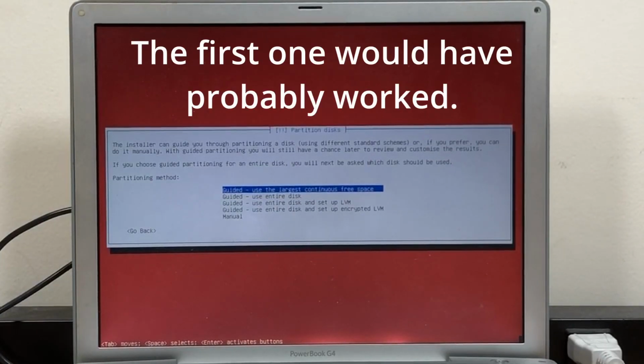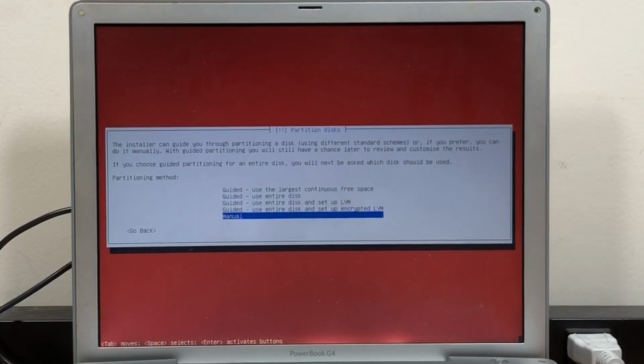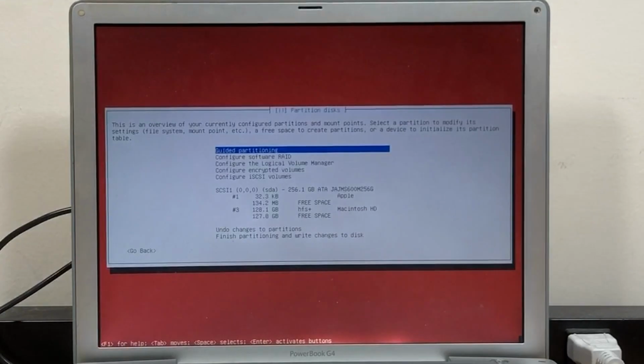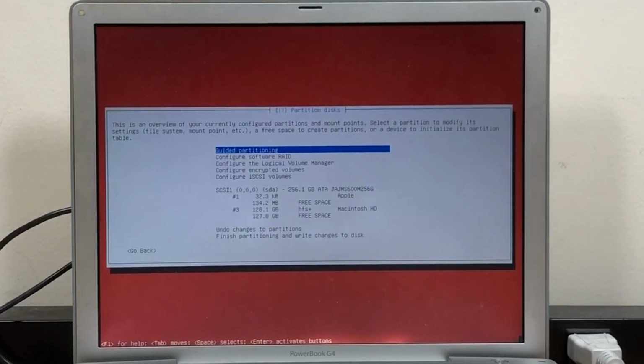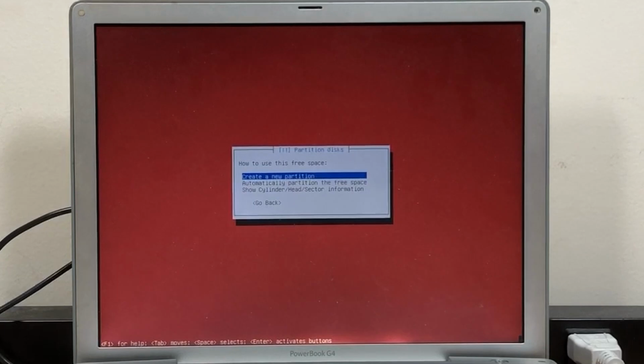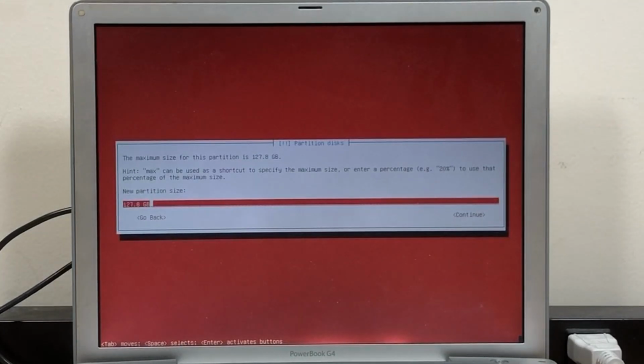Alright, now I need to do the disk configuration. Normally I just do this one here, but I need to do manual. And then I want to do guided partitioning, I think. No, I want to do manual. I want to do this and then create a new partition.